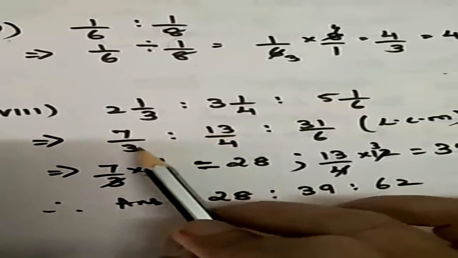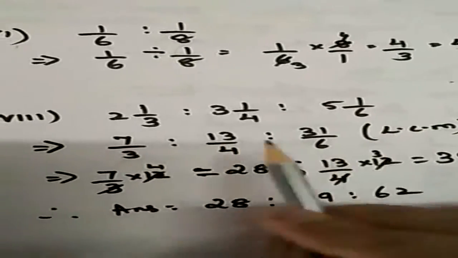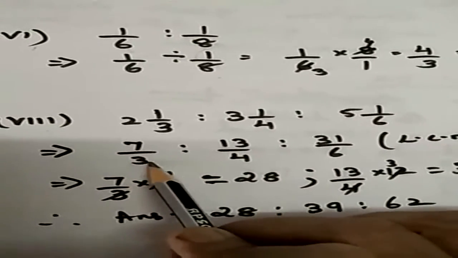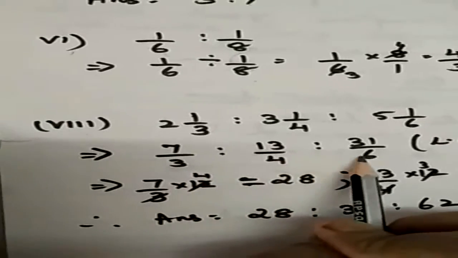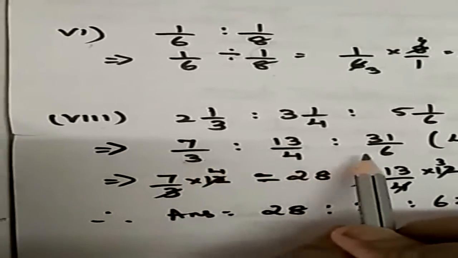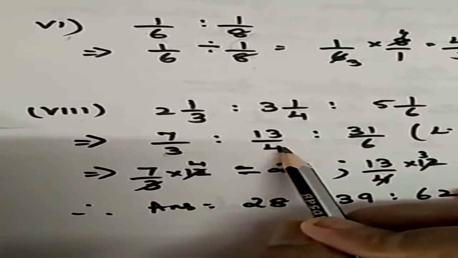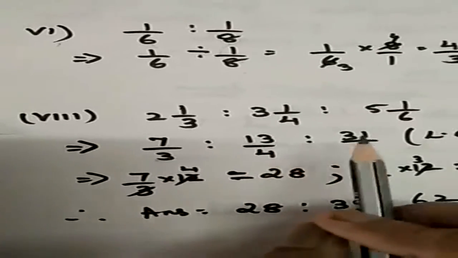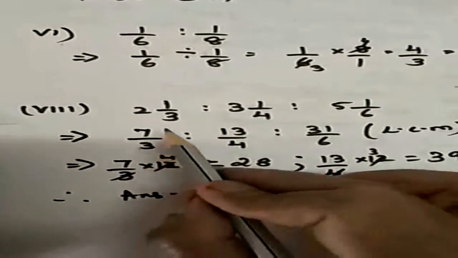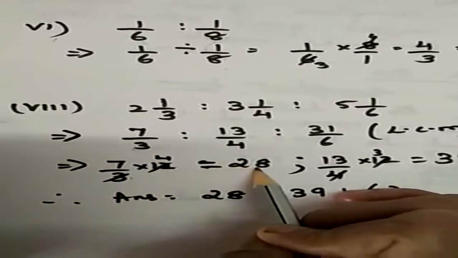So to make the denominator the same, what do you do? You will take the LCM. What is the easy way of taking LCM? What I do is, first 3 and 6. 6 comes in the 3 table, so 6 is the LCM of 3 and 6. Then 6 and 4, find the LCM, you will be getting 12. So the LCM you will be getting is 12. Now how to do it? Take 1 fraction at a time: 7 by 3 into the LCM, write the answer.